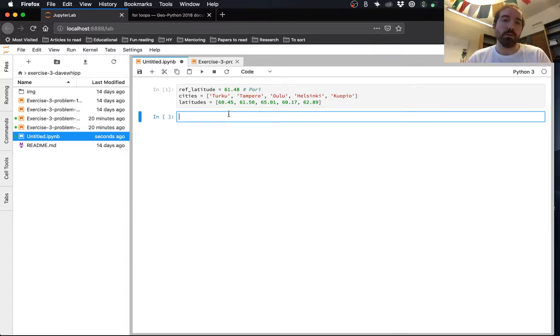And so to me, the logical approach here is that we have some list of cities and latitudes. They're both of the same length, and we should take advantage of that. And we want to go through to each one and say for each city, how far north or south of Pori is this city?